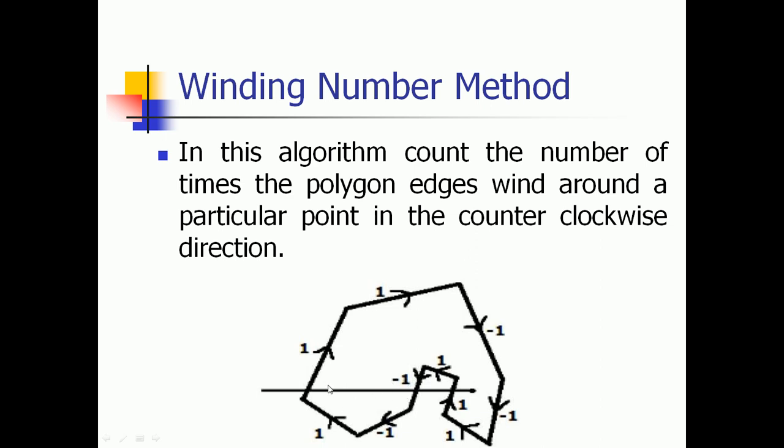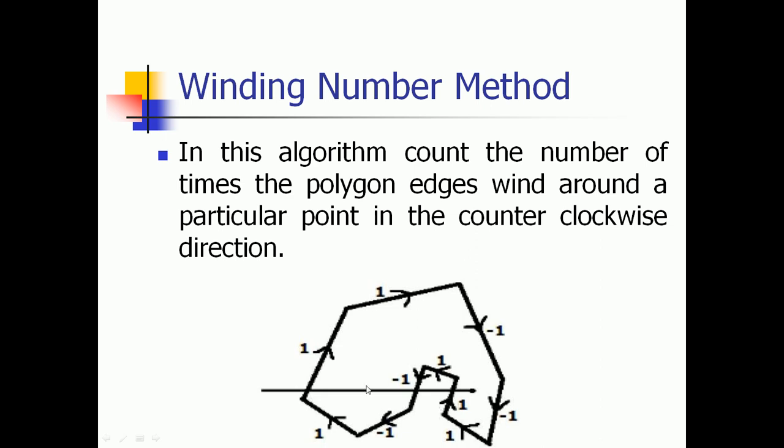Now check the edge direction values through which the scan line is passing. Here you can see the line is passing through 3 edges. This is the first edge, this is the second edge, and this is the third edge. As per the numbers we have given, this is 1, this is -1, and this is 1, right? So now you have to add these three numbers, 1 plus -1 plus 1. If the total sum of these direction values is non-zero, then the point to be tested is an interior point, otherwise it is an exterior point.